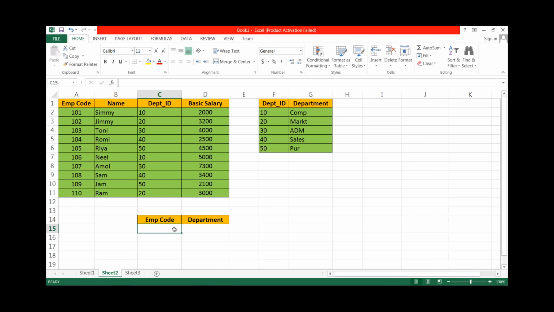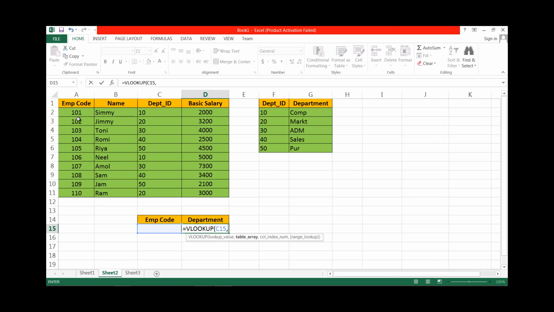Let us see. Here we have employee ID, and by using employee ID we want to search the department name. Therefore here use VLOOKUP. First of all, simply we have to extract the department ID from the employee code. Therefore here simply apply VLOOKUP. Lookup value is this value.